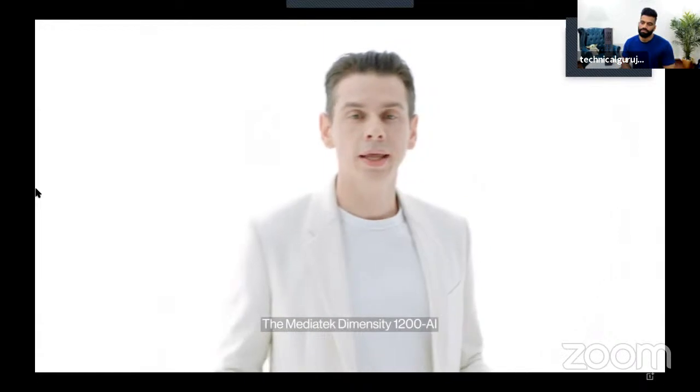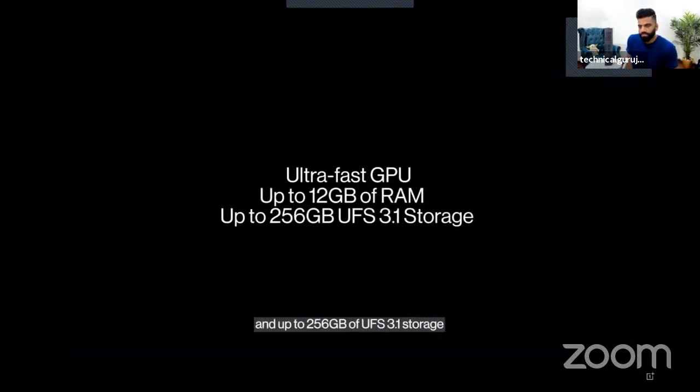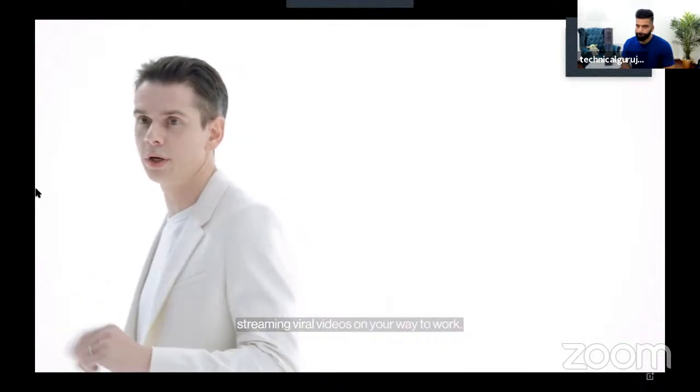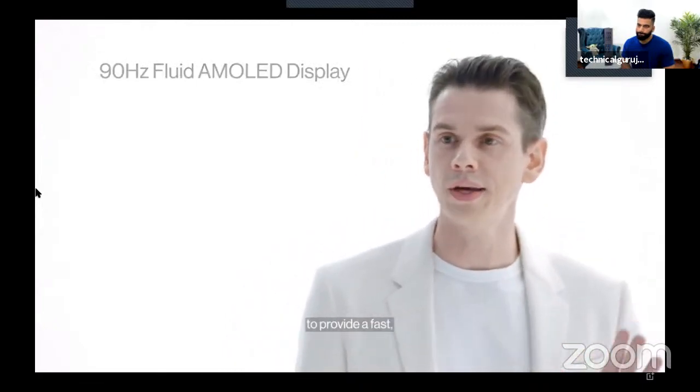The MediaTek Dimensity 1200 AI also comes with an ultra-fast GPU supported by up to 12 GB of RAM and up to 256 GB of UFS 3.1 storage for ultra-fast speeds and smoothness. This architecture provides real processing power and fast speeds, whether you're shooting photos or streaming viral videos on your way to work. The chipset also works in tandem with Nord 2's 90Hz Fluid AMOLED display to provide a fast, high